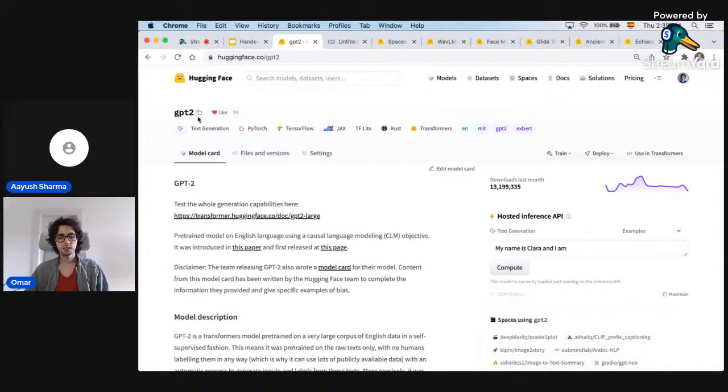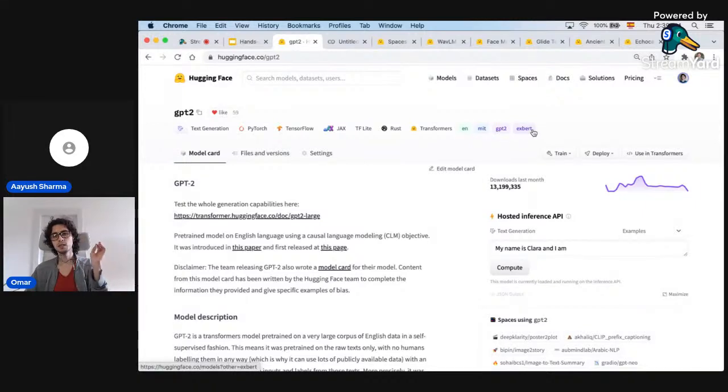So at the top, you can see a couple of filters. These filters are the same as the ones I was showing you before. So you have the text generation filter, which is the task that this model is trying to solve. It has some of the libraries in which this is implemented. It tells you the language, in this case English, the license, and more tags.